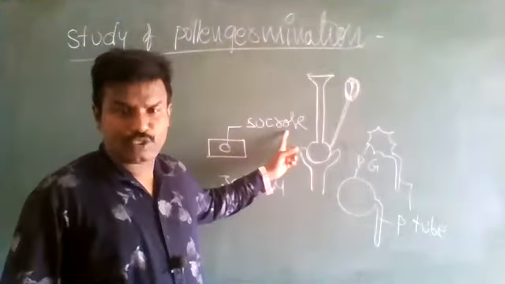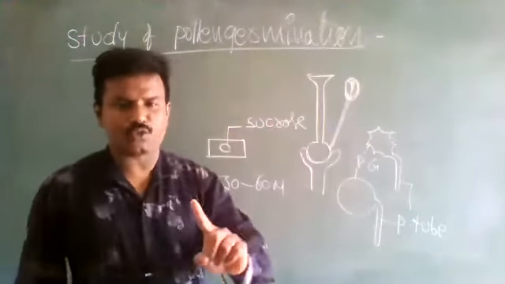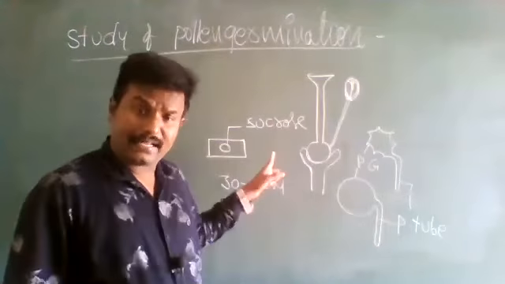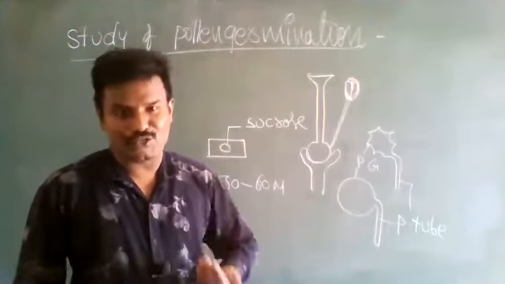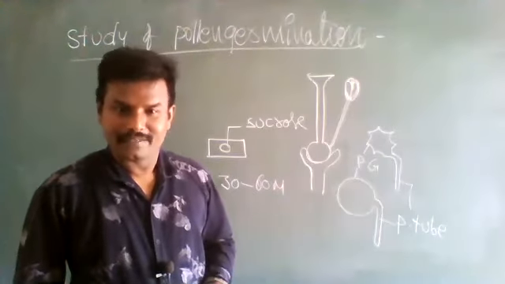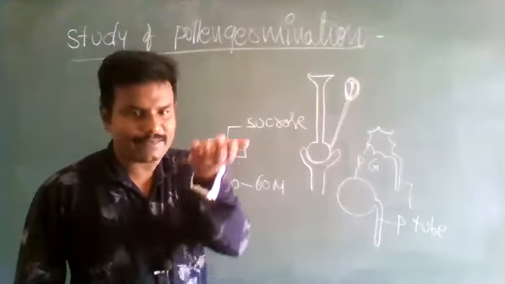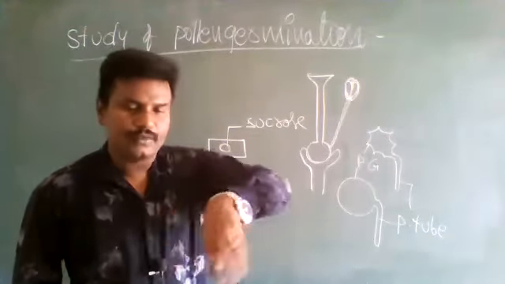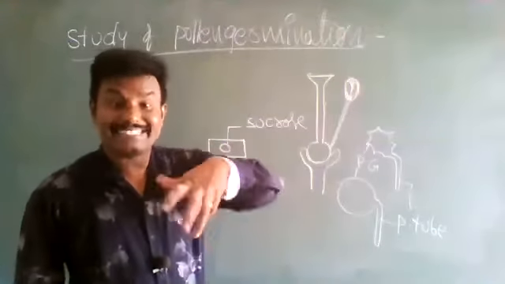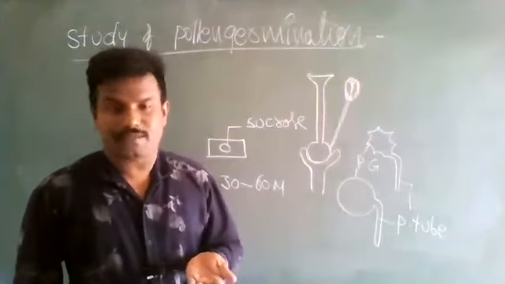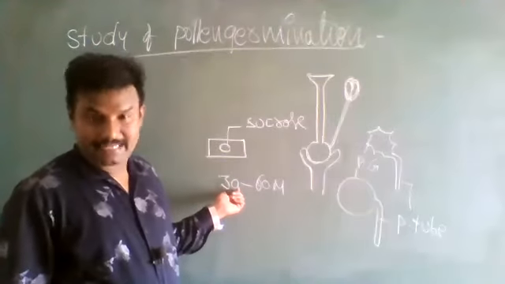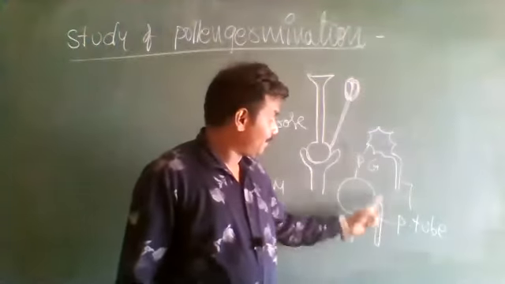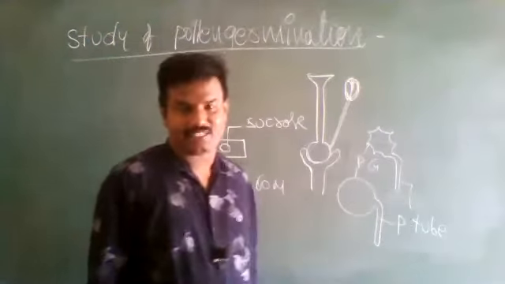Instead of the sucrose solution available in the laboratory, we can prepare a sugar solution from whatever sugar is available at home, using some amount of water or distilled water. That is called a fresh medium. In the fresh medium, more and more pollen grains germinate, and the slide appears to be like this.